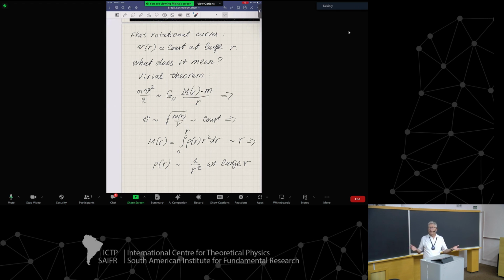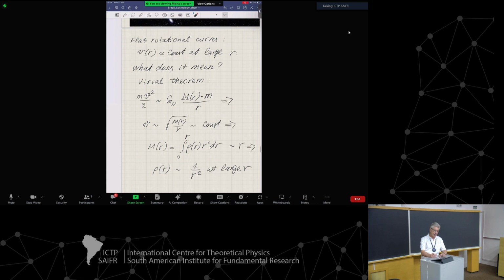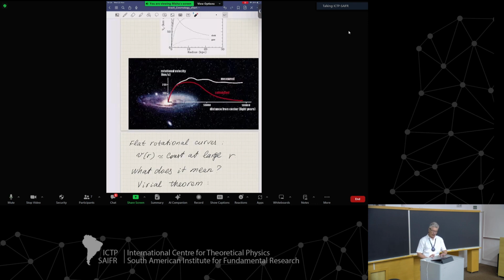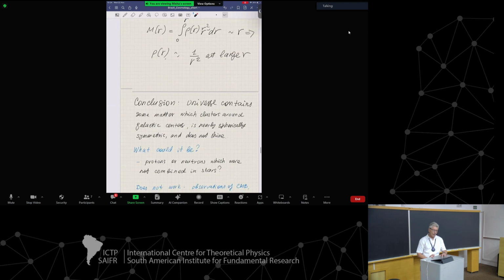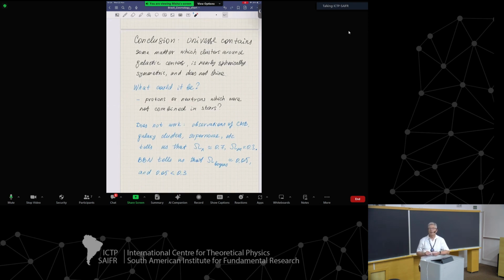So what does it mean? That means that there is some substance which doesn't shine, which exists in these bodies, and which has a non-trivial density distribution, and this density distribution should scale at large r as 1 over r squared in order to get flat rotational curves. And you see that from many observations, and the conclusion which you should make from here is that